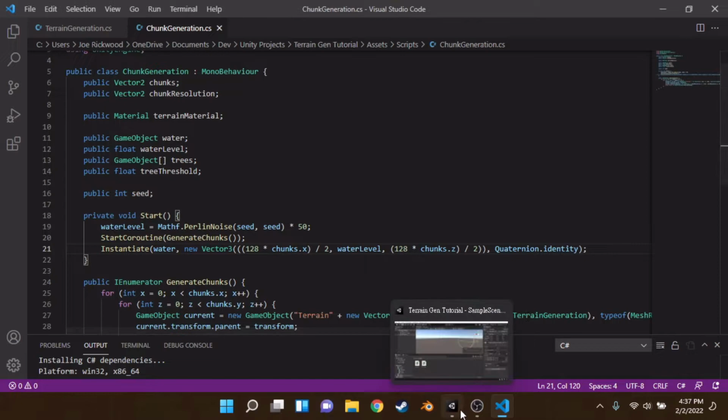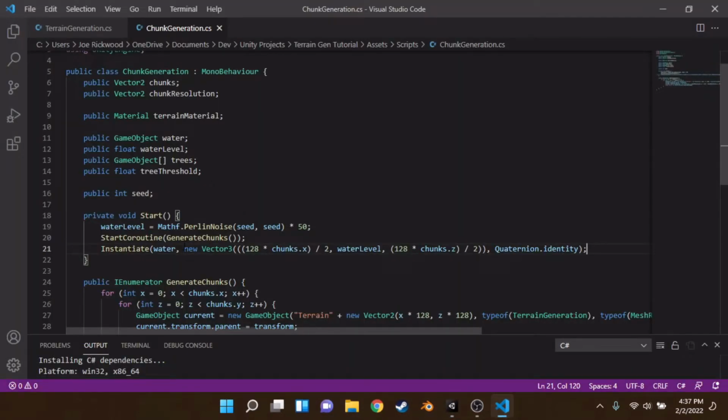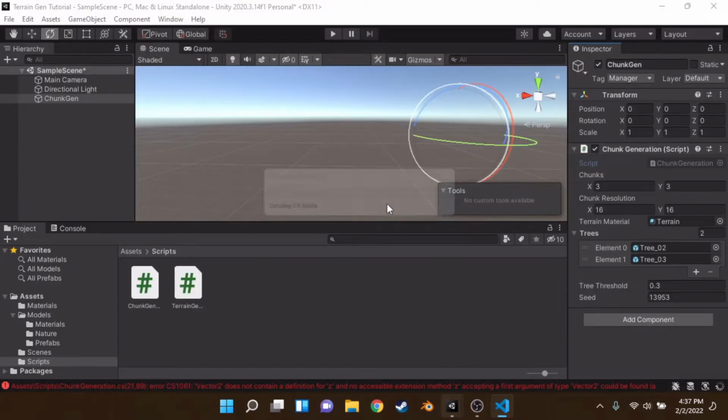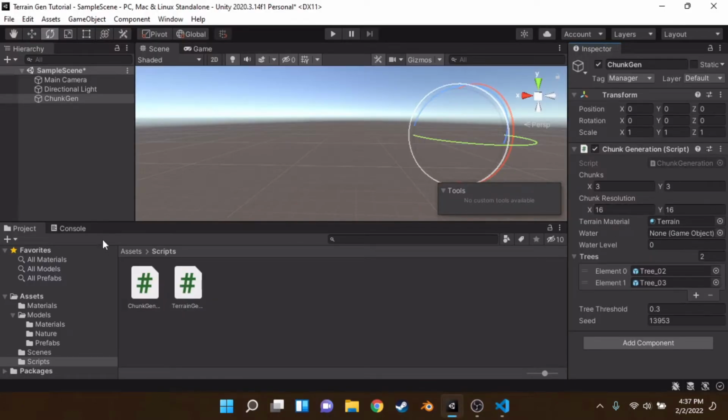Awesome. Vector2 does not contain a definition for z. That's y. Awesome. So now if we give it the water,